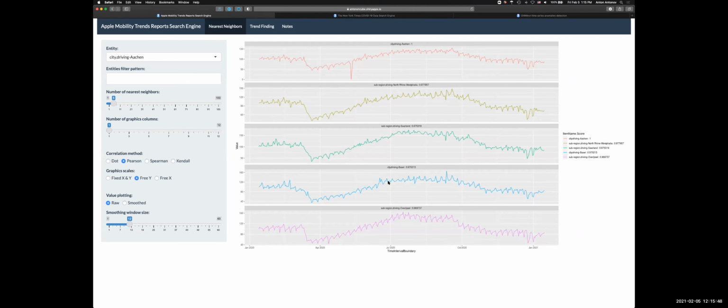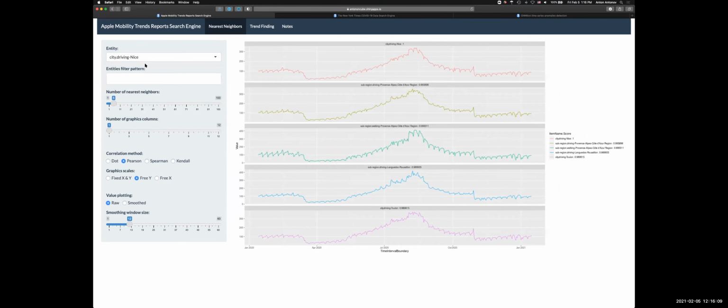We can also see the COVID-19 lockdown policies reflected in these requests from the maps. There's also some kind of global seasonality, which is related to the seasons. Let's actually use this example from Nice, France, right?